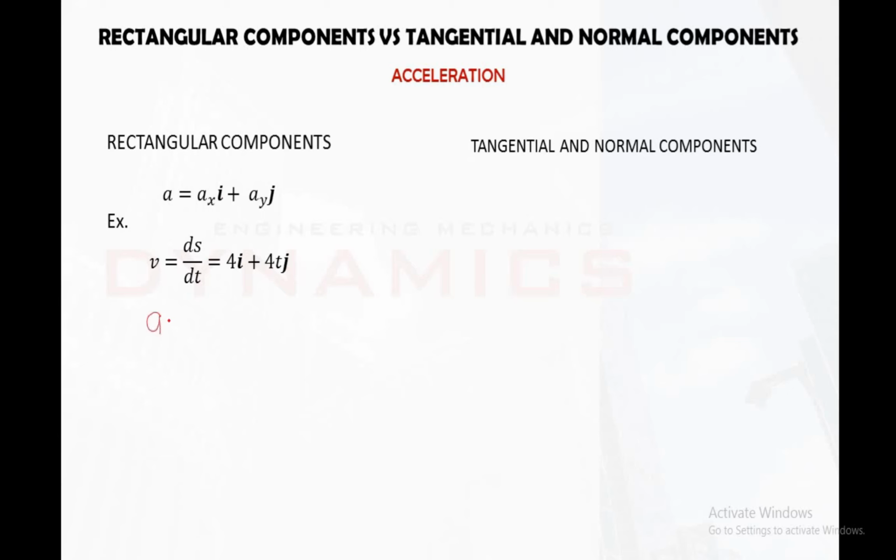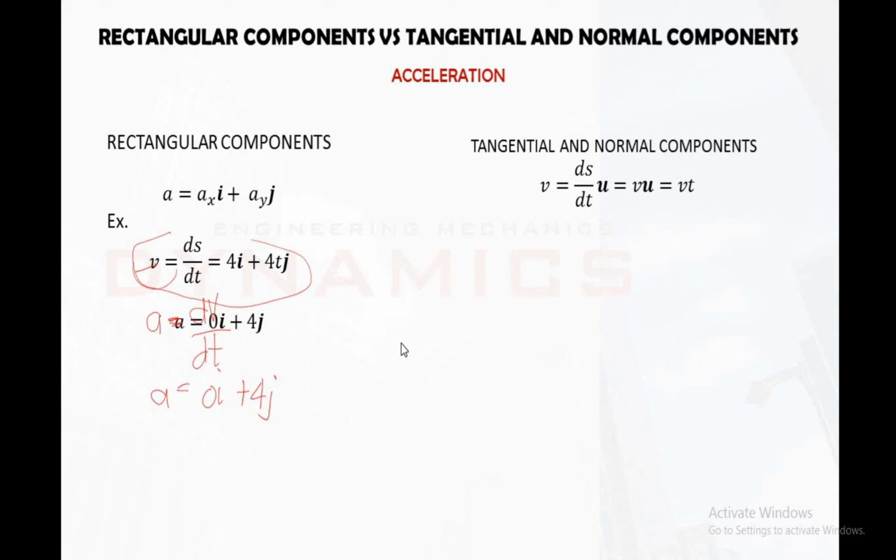Now, kapag kukunin ko ngayon yung acceleration nito, kukunin ko lang yung derivative. Kasi nga, di ba, napag-aralan natin, acceleration is equal to the derivative of velocity with respect to time. So, kung kukunin ko yung derivative nitong v, that is what? Tama. That is 0i plus 4j. Ito yung acceleration given this velocity. Now, pagdating naman sa may tangential and normal components,